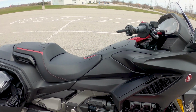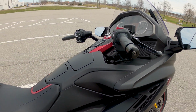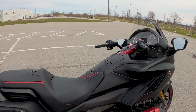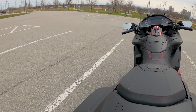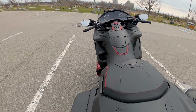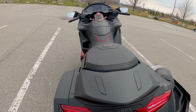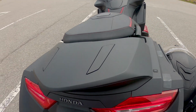Someone asked me how the color will hold. It's too early for me to say. I have owned this bike for a couple of months now, so it's holding pretty good, but I can't say what's going to happen in the future. I don't think there's going to be anything wrong with this color, but regarding the fingerprints, yeah, definitely,